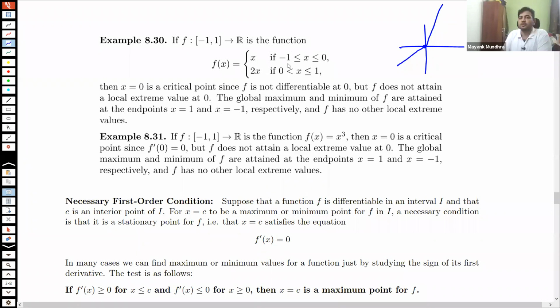The entire set is minus 1 to 1, so the boundary points are minus 1 and 1. Then for critical points, this part's derivative is smooth, it is 1 everywhere, so no problem. In this part, it is 2 everywhere, no problem. The only problem which can happen is at 0. So I know that left